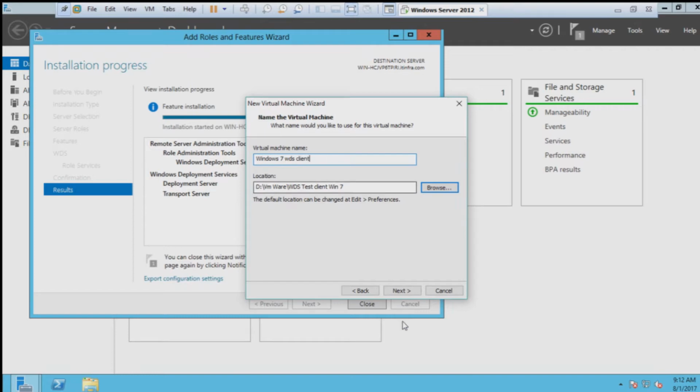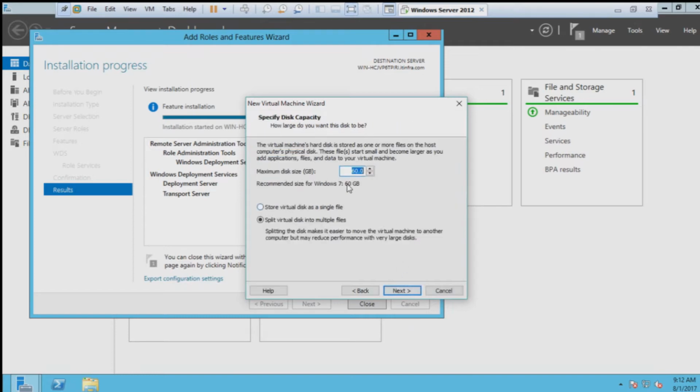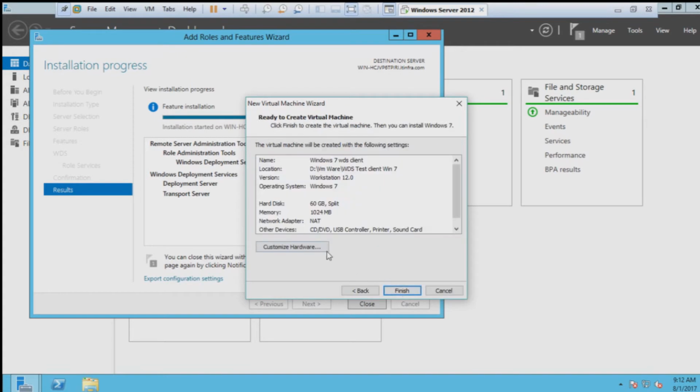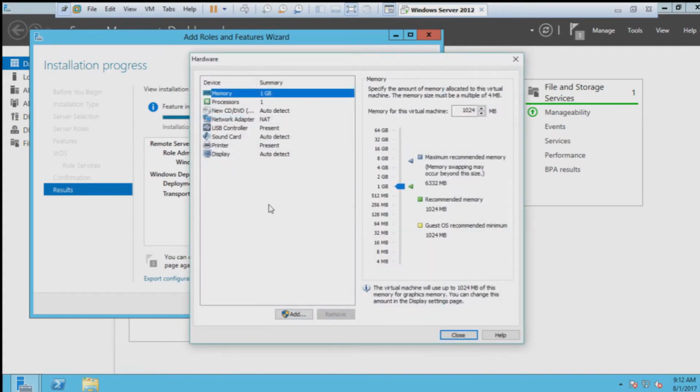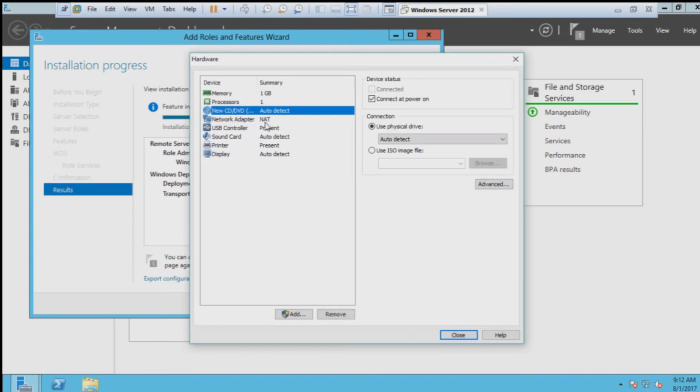So now click on next, and you can specify the size of the hard drive which you are going to give it. Now click on next, and now you can click on customize hardware, and you can change any of the hardware you want to. You can change the RAM there, you can change the memory or the installation media or the